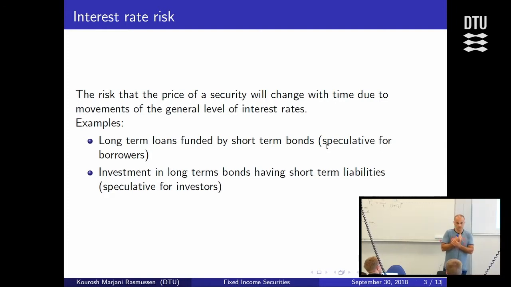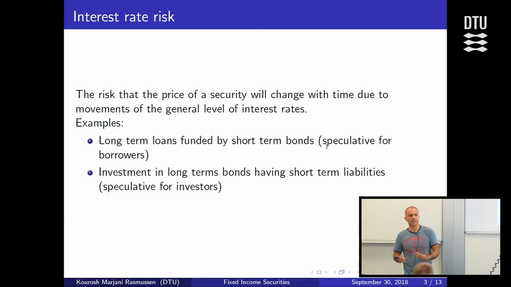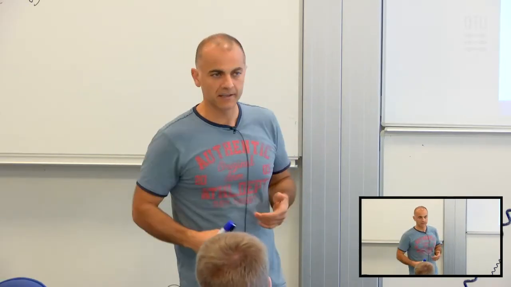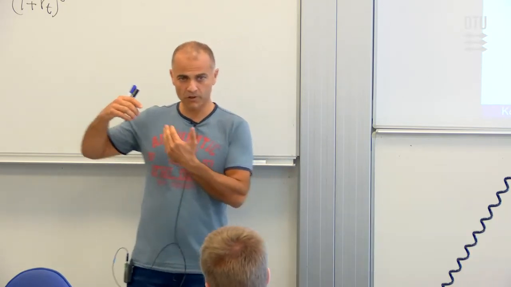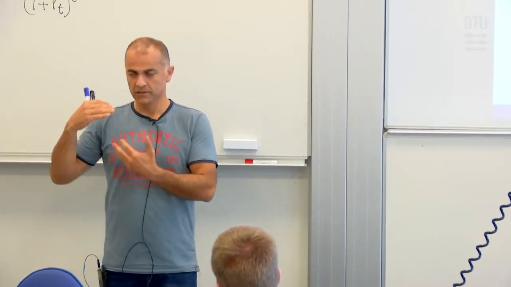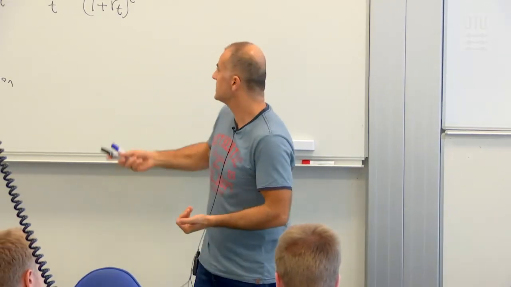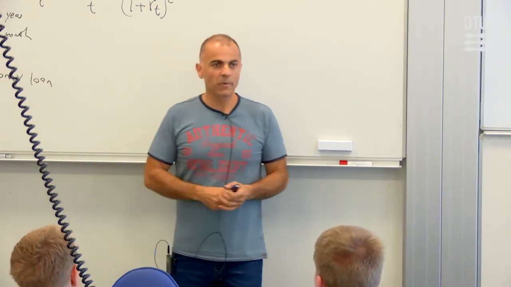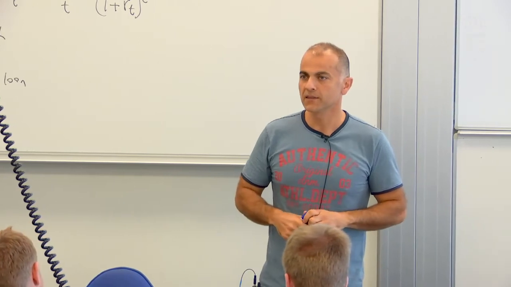The mortgage banks which are giving you these loans, at the end of the day, if more and more people default on their loans and can't pay it back, then the bank has a problem as well. Because you can say, well, I can't pay this back, here are the keys to my house, go sell it. The idea is essentially that they would give you the loan up to only 80% of the value of your apartment. But if there are way too many people who won't be able to pay back when prices hit levels like this, and go back with their keys to the bank and say, here are my keys, just sell my house or my apartment and get your money,